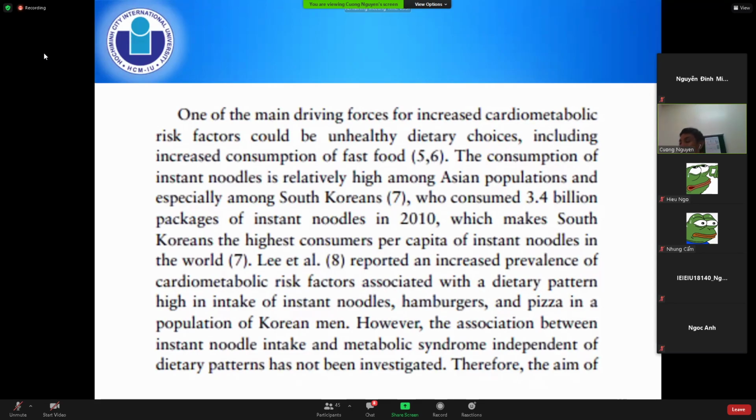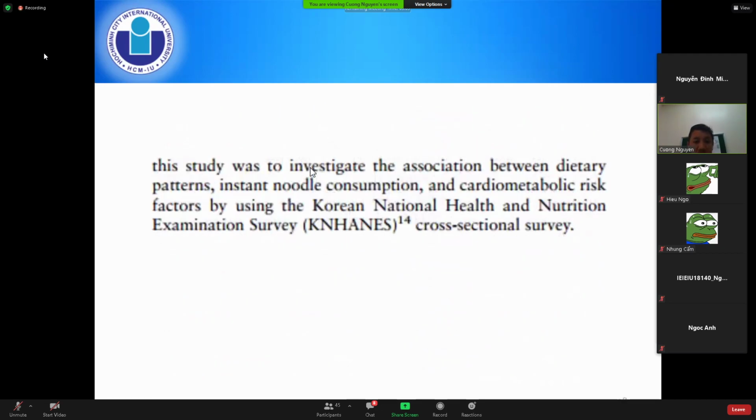If you say it is an unhealthy diet, yeah, I agree that there's some problem or some harm caused by unhealthy diet. But what if instant noodle is not included, right? What about instant noodle? If you eat instant noodle alone, does it have any impact on the risk of cardiometabolic diseases? So that's the gap that nobody has done before, and therefore, this study focuses on that gap. The approach is to try to bridge the gap,